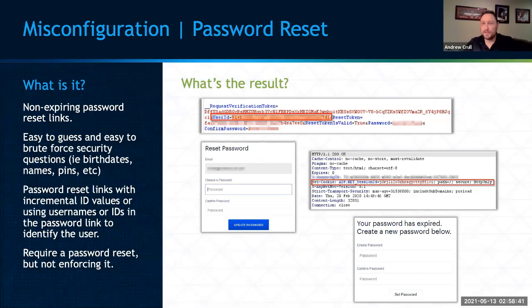Even then, those ones can get around. If it's a state actor or somebody that just has a lot of time on their hands, they're going to get around that rate limiting as well. I don't recommend that, where if you put in your username, it automatically prompts you to answer some security questions. I'm not a big fan of that. Those ones you can get around as well. I prefer a one-time email password reset link that's random and changes every time.